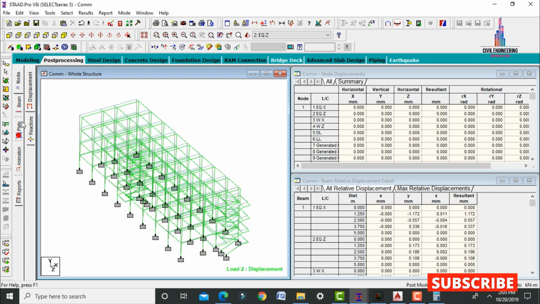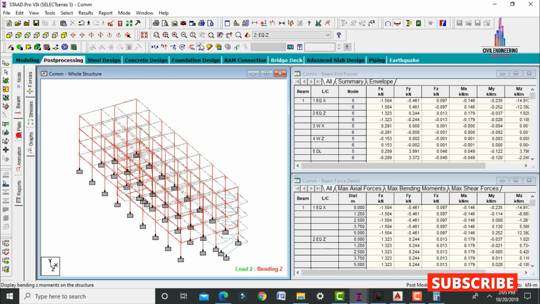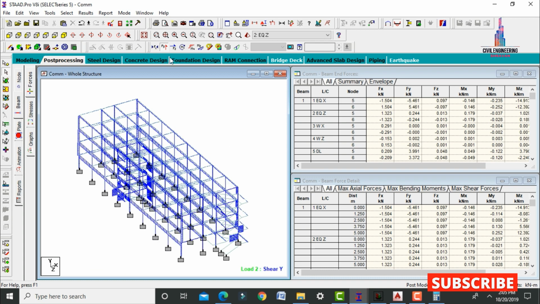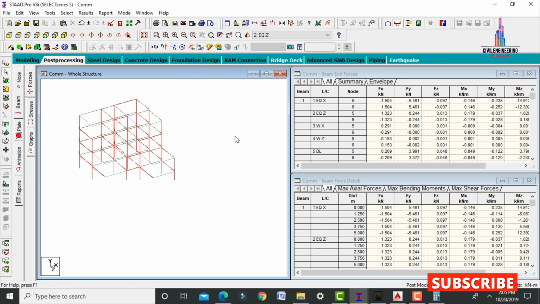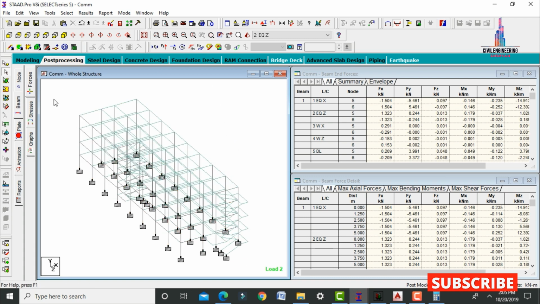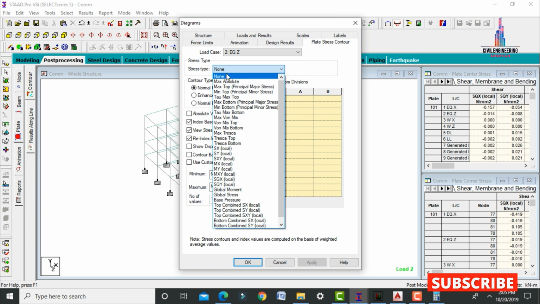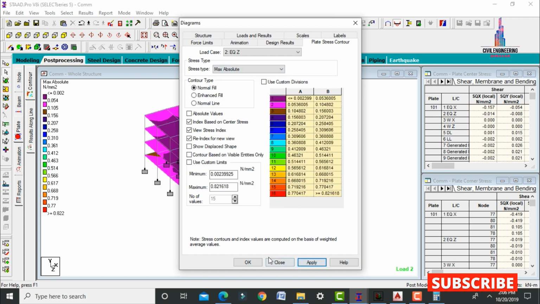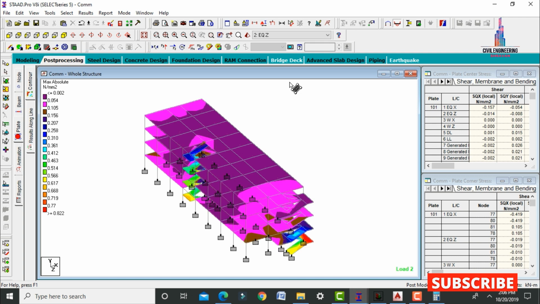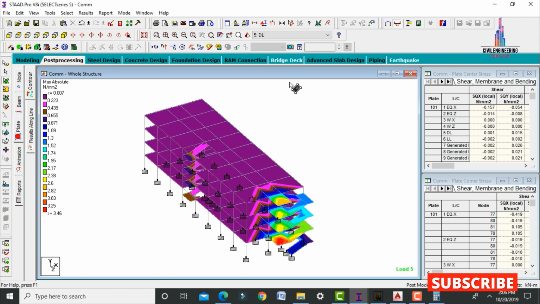So after that, we have to select the beam, deselect the MZ, select F5. So this is the shear force diagram for this respective building. Now we have to select the MZ value. So this is the bending moment diagram for this respective house. So after that, we have to select the plate load, select the stress type as absolute pressure, apply OK. So this is the absolute pressure diagram for this respective X direction, Z direction, wind X, wind Z values.